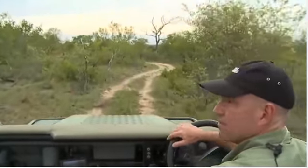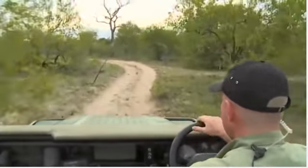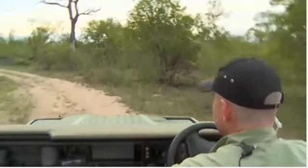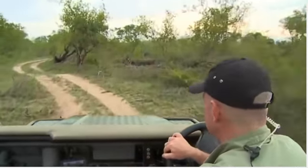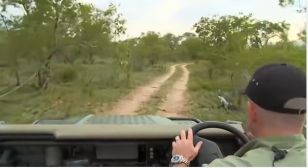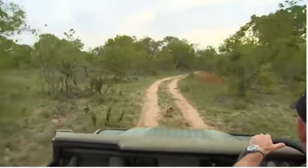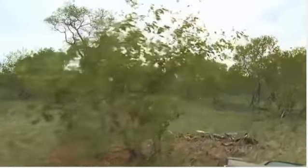Just turn my Game Drive channel down a little bit. Perfect temperature, it's just beautiful today, and you're definitely starting to get that gorgeous green coloration coming through. A lot of the impala that you've probably been seeing this morning and this afternoon